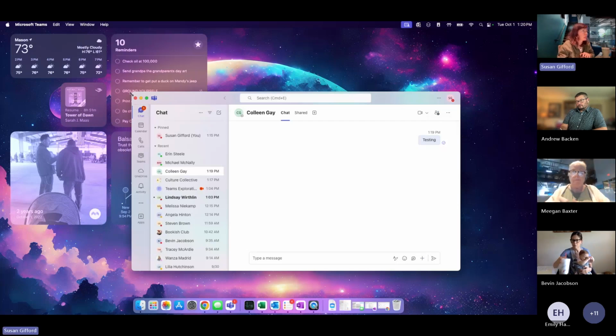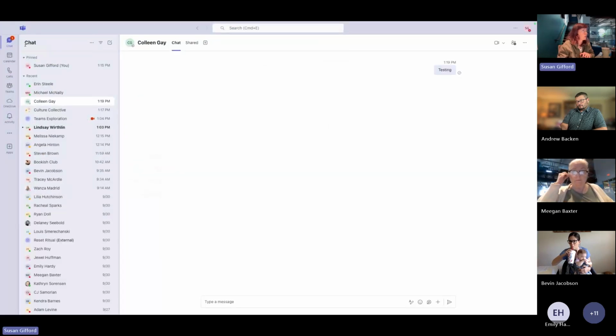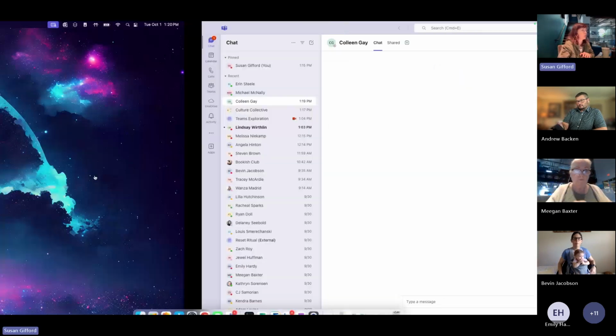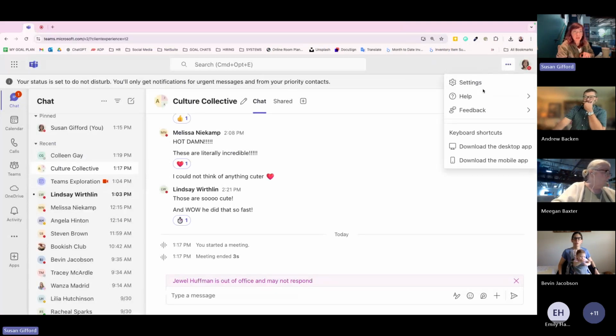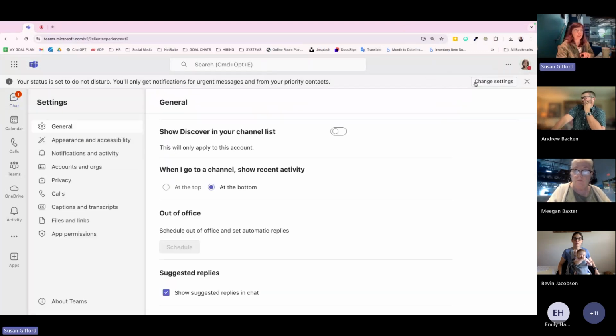Okay, let's look at some of these settings that we can do in chat. Starting in the browser, since that's where most of us are, we're going to click the three buttons up here by our profile picture. We've got settings, help, feedback, download the desktop app, or download the mobile app. You can download it from there too. So hit settings. In general,